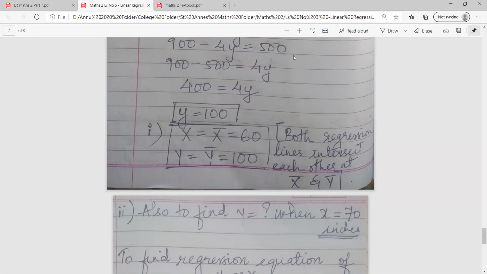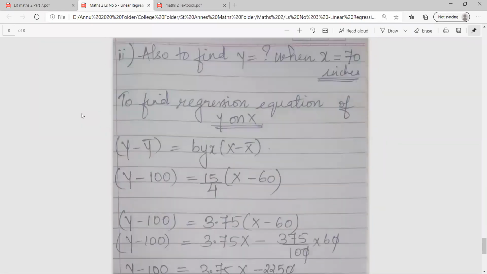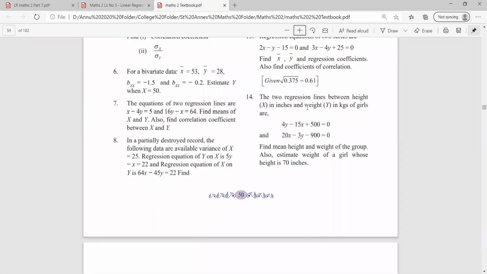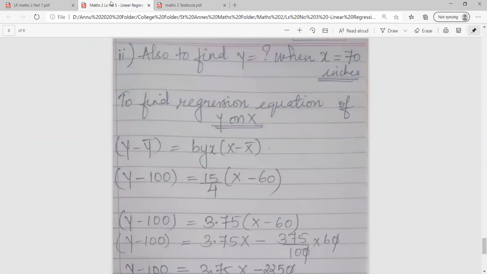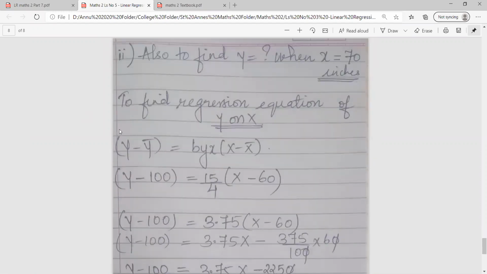So what do you think? What we'll do over here class? So over here, what are we going to do? Tell me. Correct. Is this nothing but the regression equation of x on y? They have told us to find x when y is given. So, sorry, they have told us to find y when x is equal to 70 inches. So you can have a look over here. Height is given as x and weight is given as y. Correct. So they have told us to find y when x is given as 70 inches.